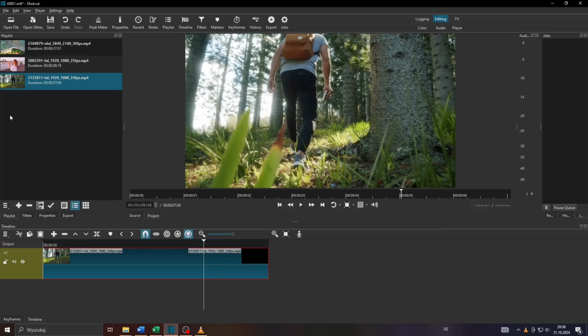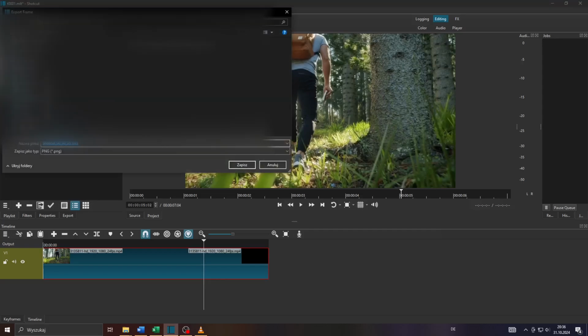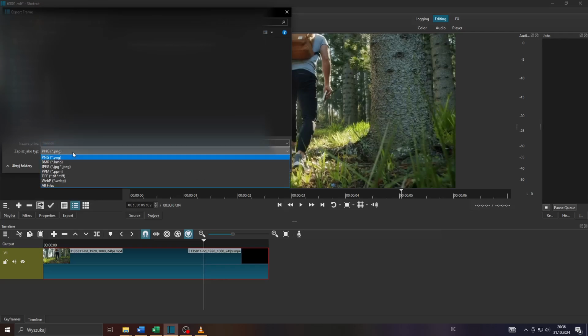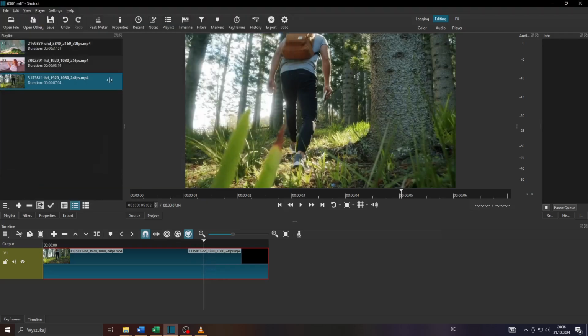And what you want to do next, guys, is click on File here in the top left corner, select Export from the drop-down menu, and choose to save your screenshot or freeze frame screenshot on your computer. So click on Frame, choose the location on your computer where you would like to save your screenshot, give it a name here, choose the file type like PNG or JPEG, save it,